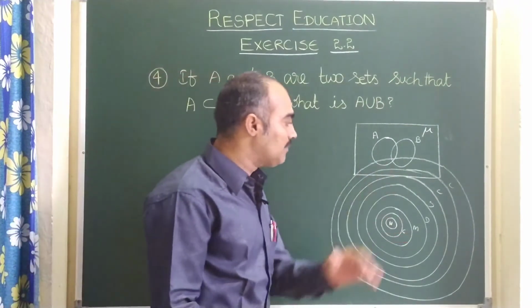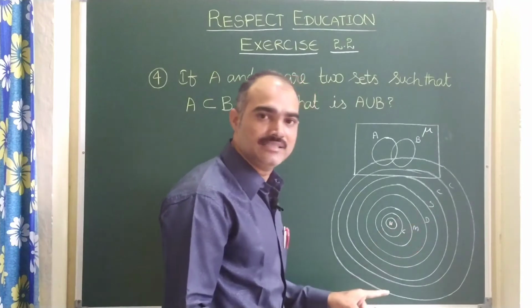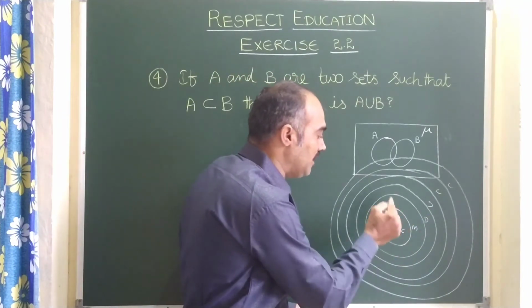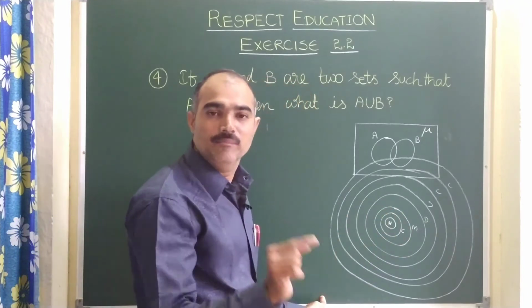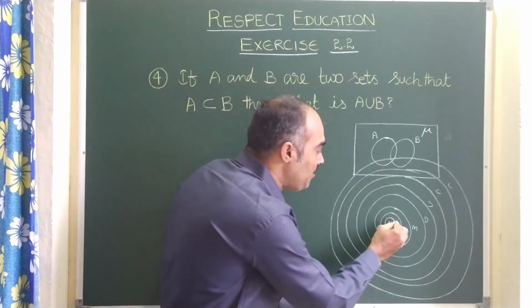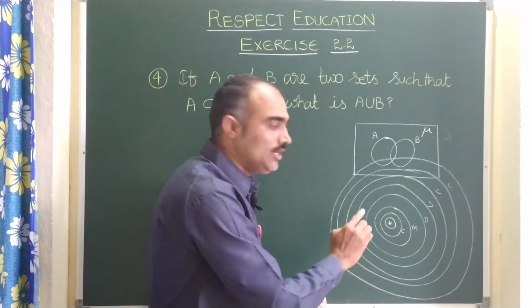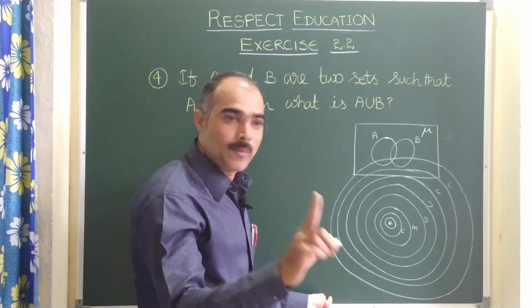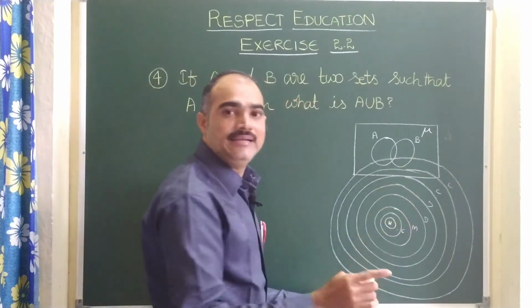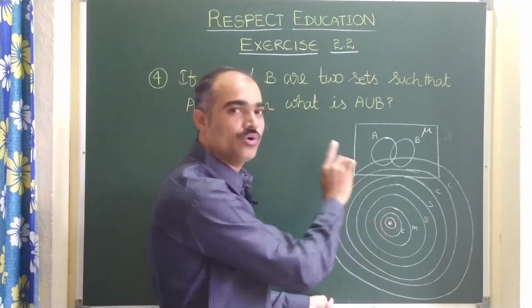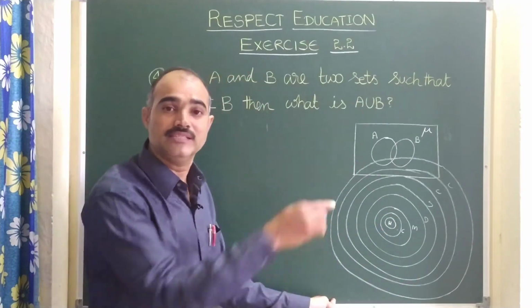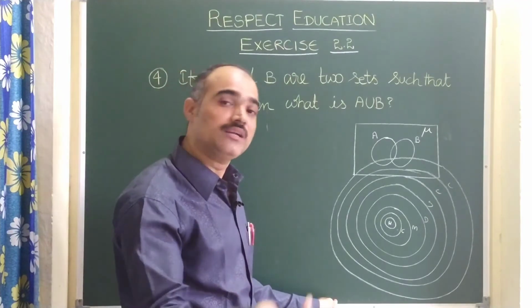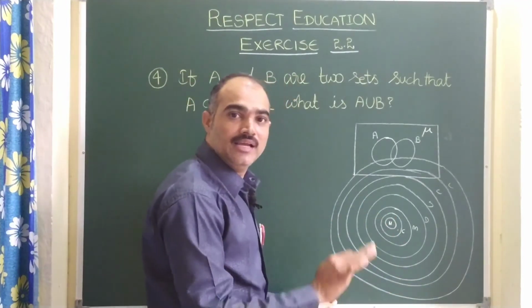Here you just observe, children. If you compare H and C, your house and colony, your house is a subset of the colony. The meaning is that when you are in your house, you can say that you are in your colony also. Clear? But when you are in the colony, it is not necessary that you are at your home. You may be playing at the playground in your colony. You might have gone to a friend's house, and that house may be situated in the colony. Do you understand, children?